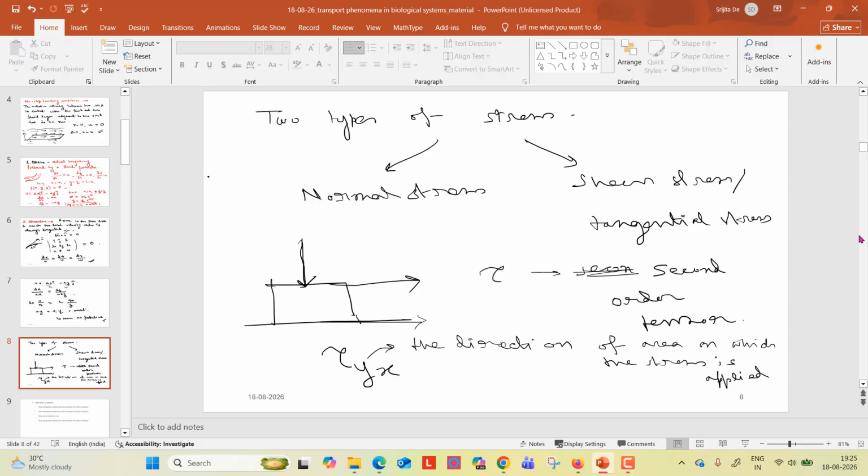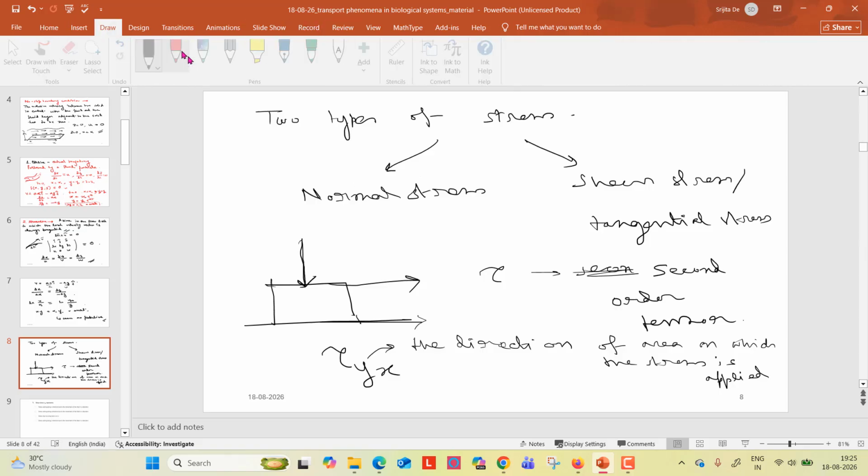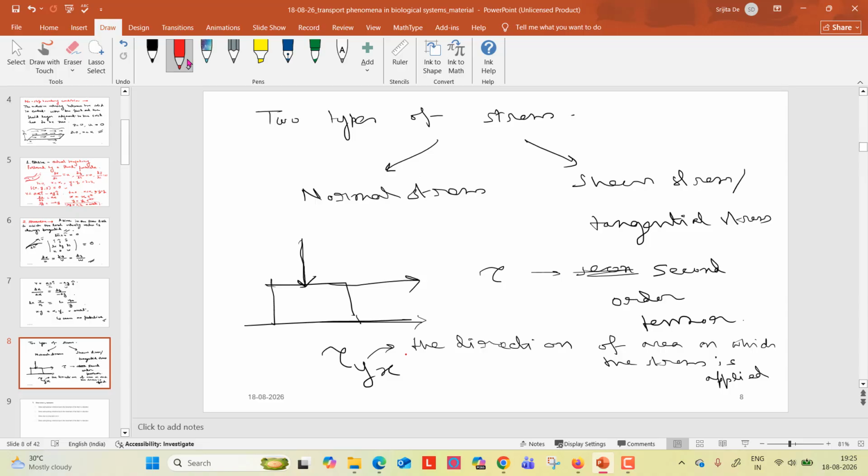Okay, and x defines the direction of the force or stress, whatever it is. But force and stress are not definitely the same, obviously. Stress is related to pressure, and how is pressure related to force? It is the force per unit area. Okay,